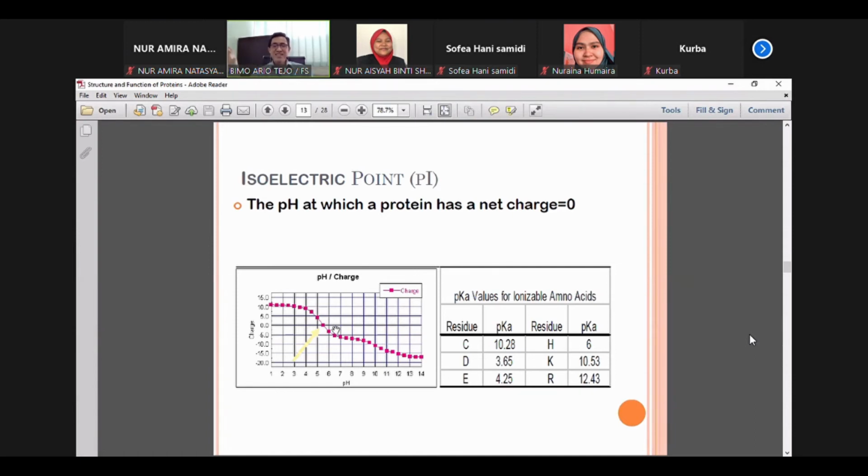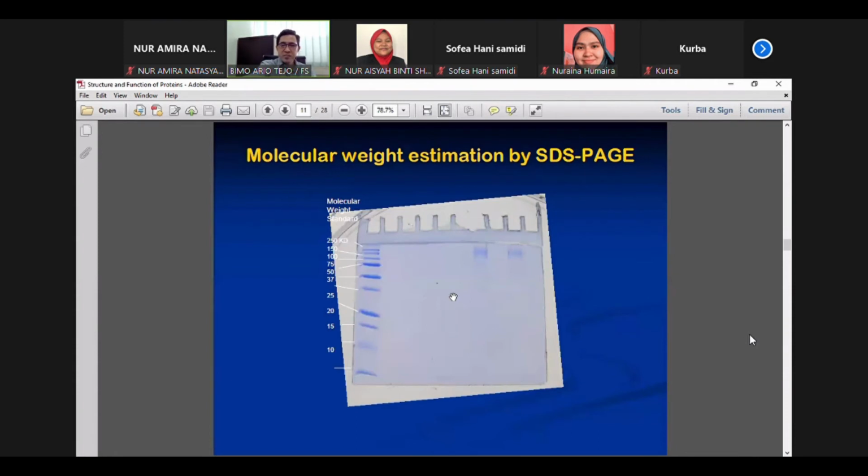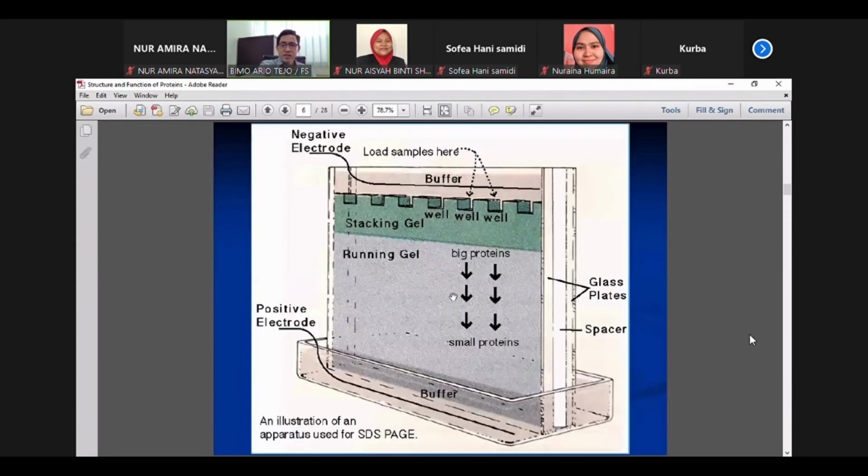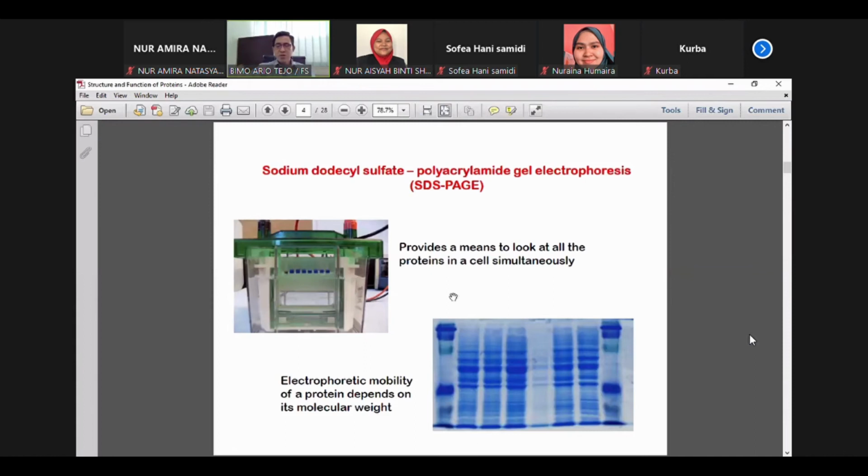But he's not a chemist. He's a medical doctor, and he was doing research on blood cells. So how did he discover the water channel? He discovered it because one day he did electrophoresis on red blood cells. He was studying the RH, right?